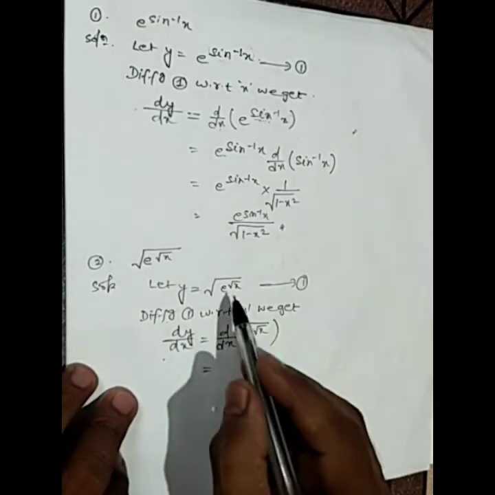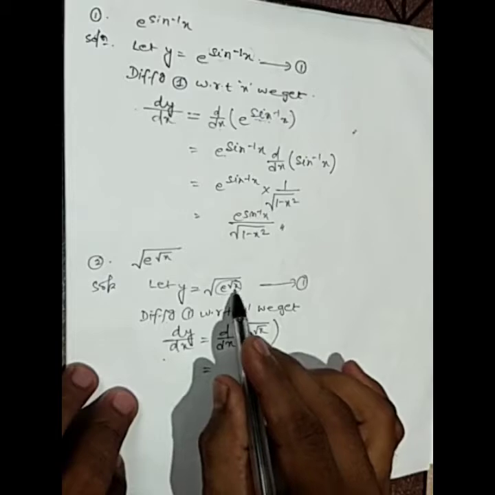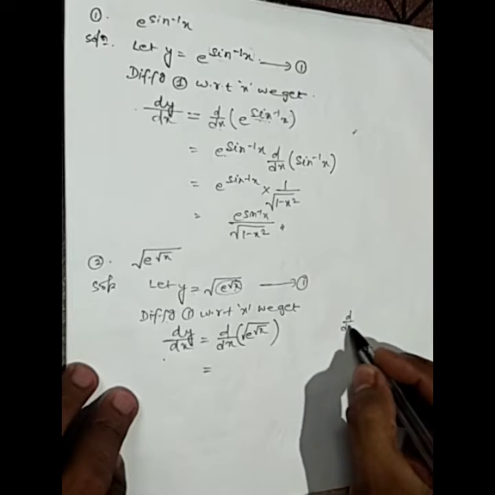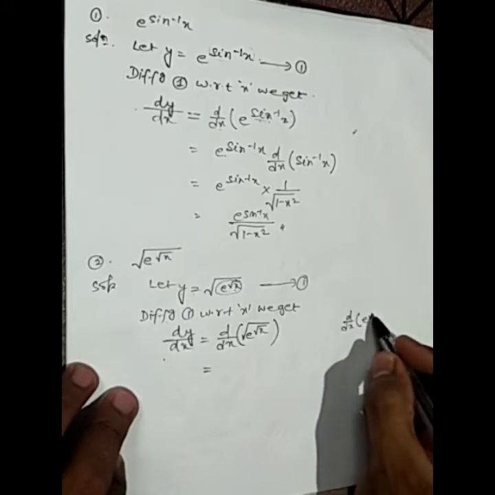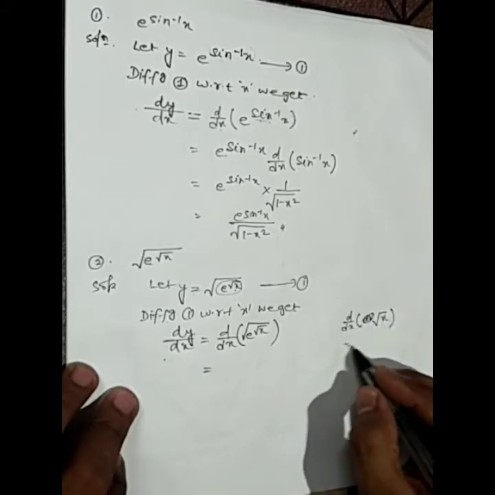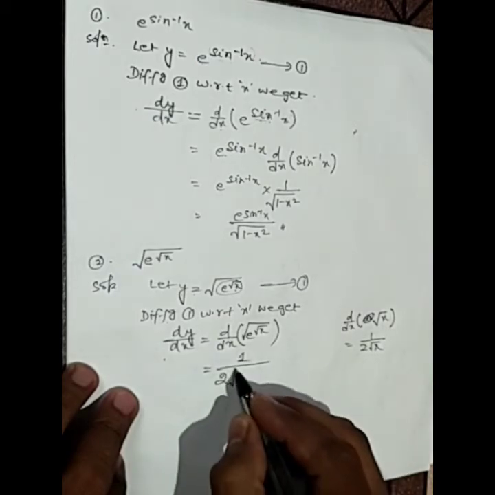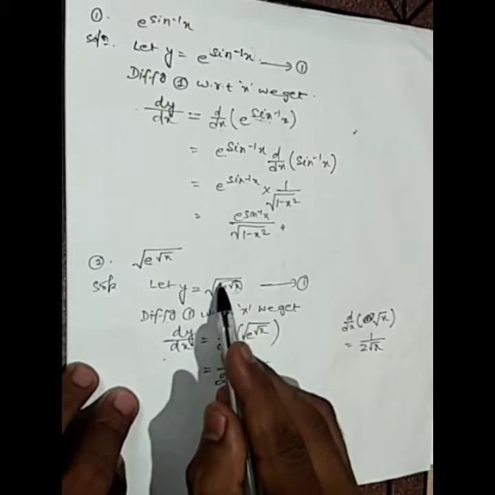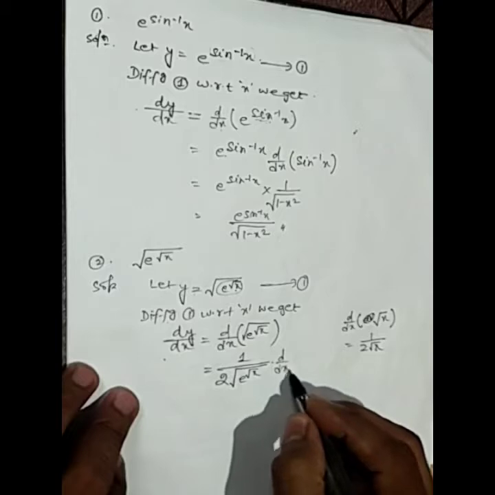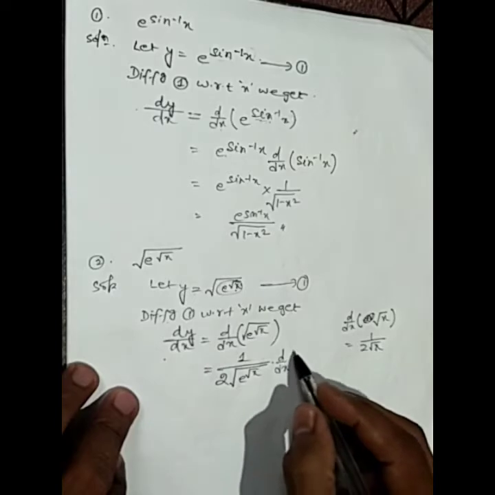Now see, take this whole term as x. If you think of this term as x, then you will get y equal root over x. Now what is d dx of root x? D dx of root x means 1 by 2 root x. So I will get 1 by 2 root x. Now this whole term I have taken as x, so e to the power root x, into d dx of the remaining term. I have only thought of this as x, so I have to differentiate it again.